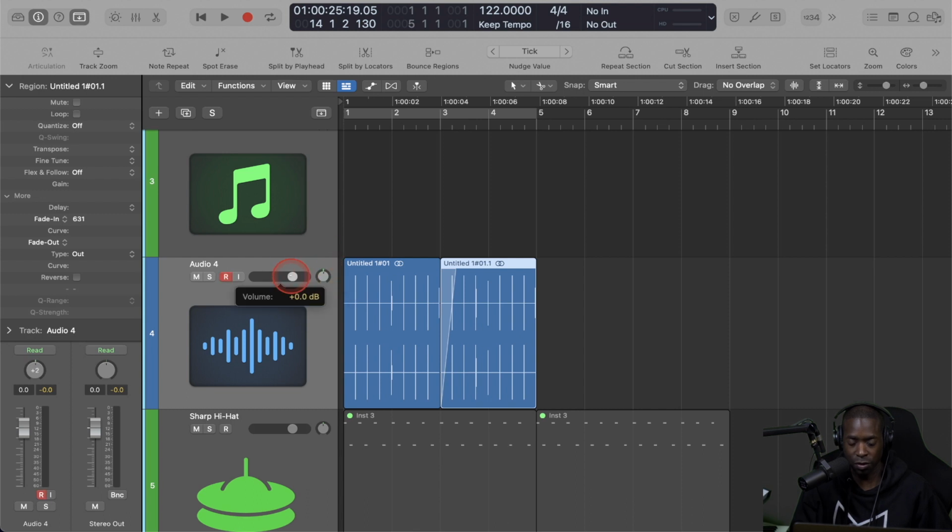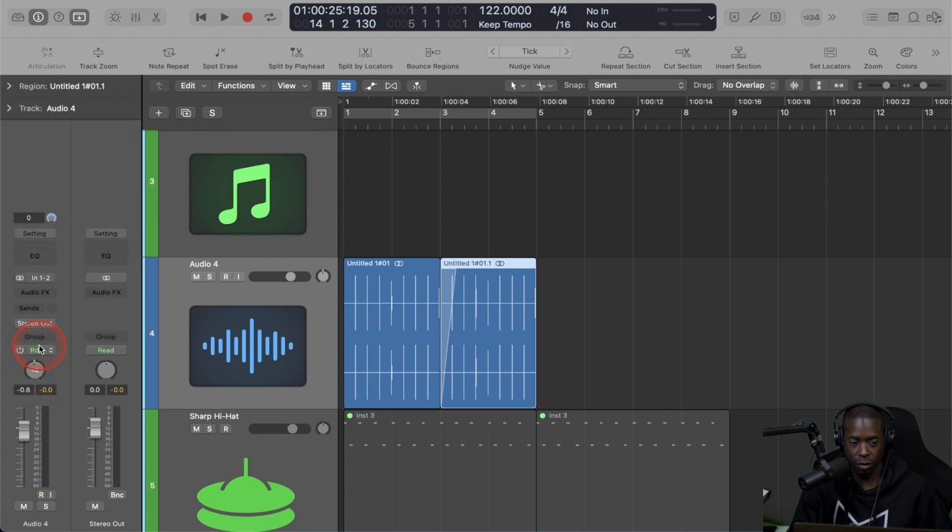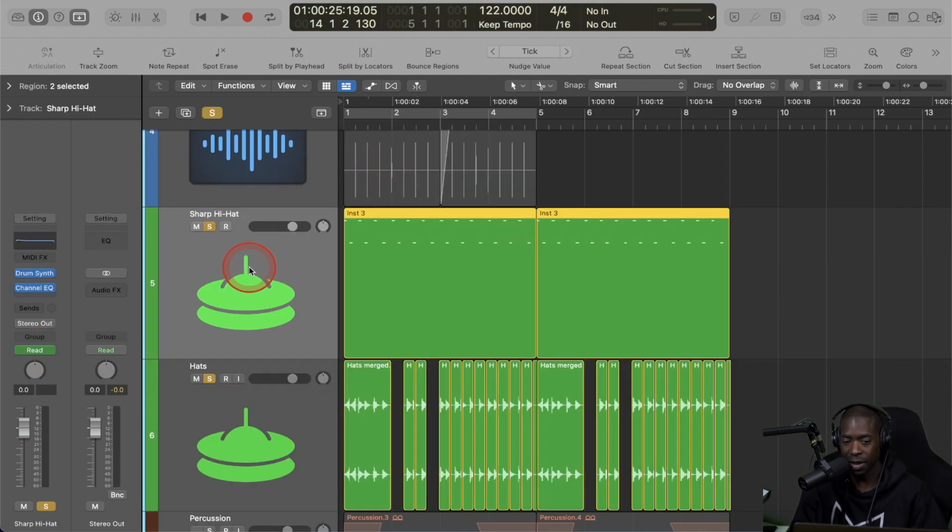Here is your volume fader. Here it's just like this, but it's right here for you. That's what this is. You also have a pan knob here, and you can also adjust your automation mode from right here as well. If you want to add a MIDI effect to a particular channel, you would highlight this